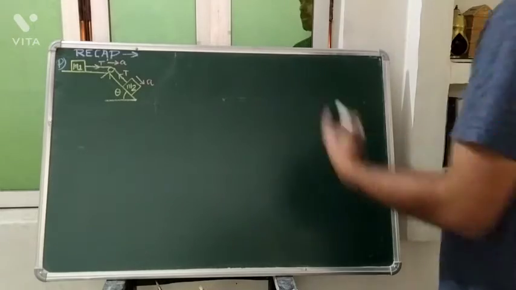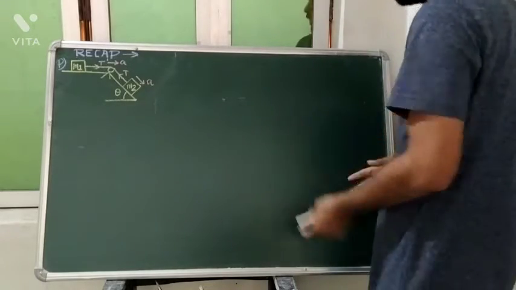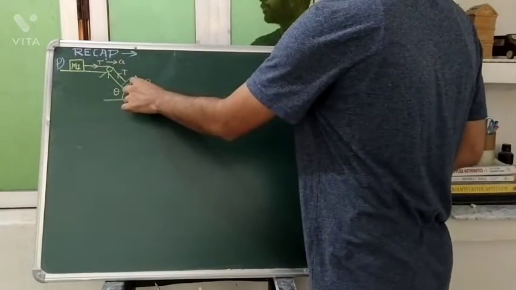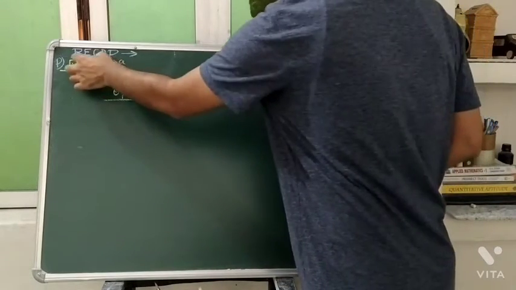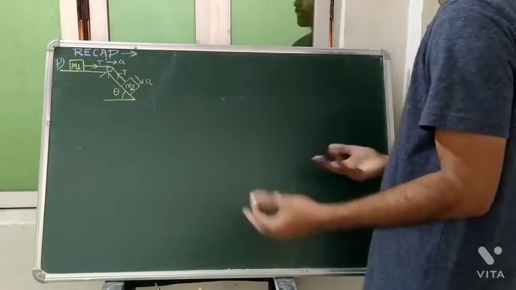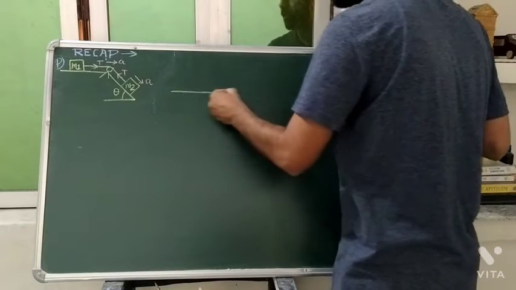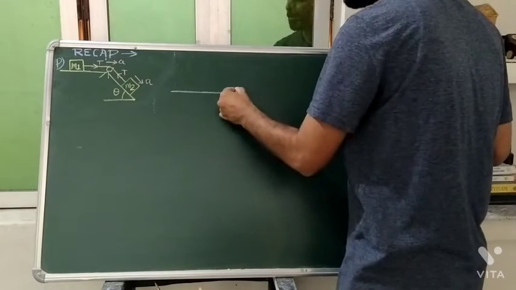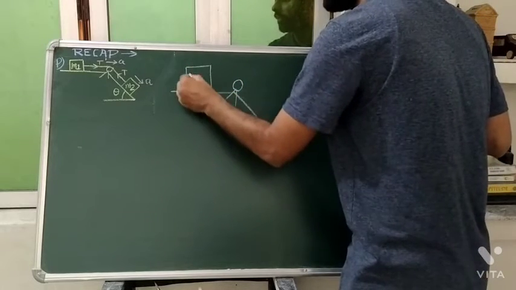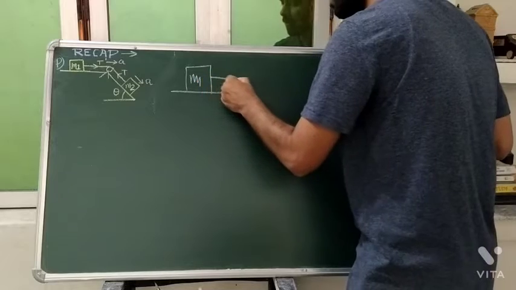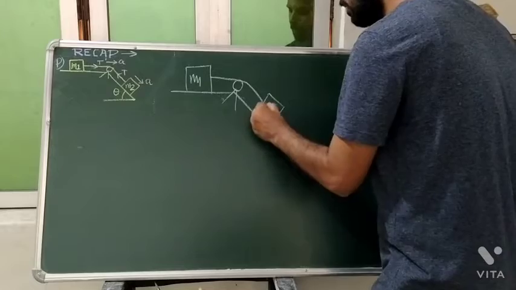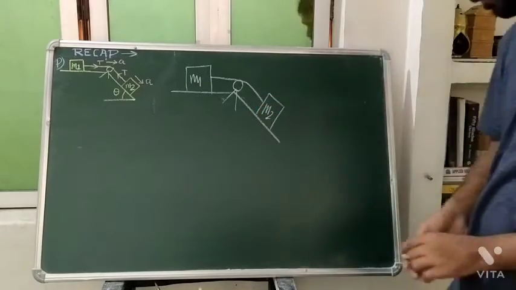So student, we can think in this way. What I was telling you is, suppose it is going to travel x1 distance, it will travel the same distance here, and the velocities and accelerations will be the same. So we can think in that other way as well. A pulley is here which is fixed, you are looking, mass m1 is present here, and with the string which is inextensible, mass m2 is present here.